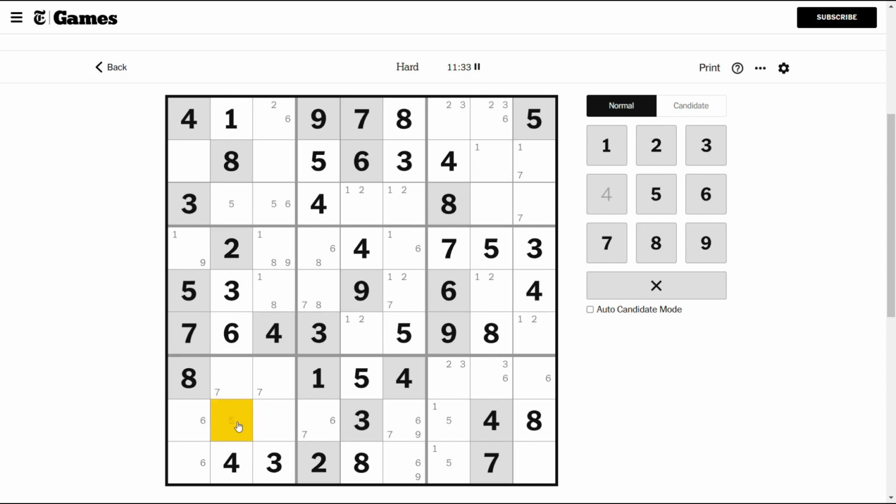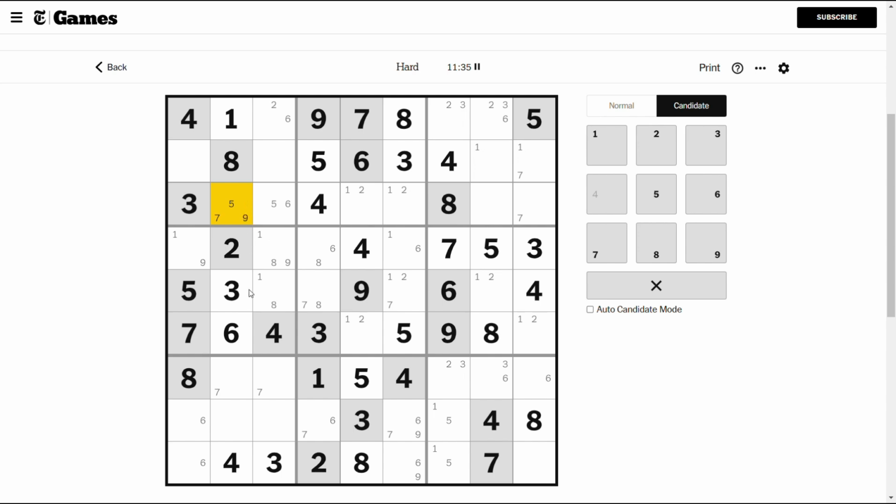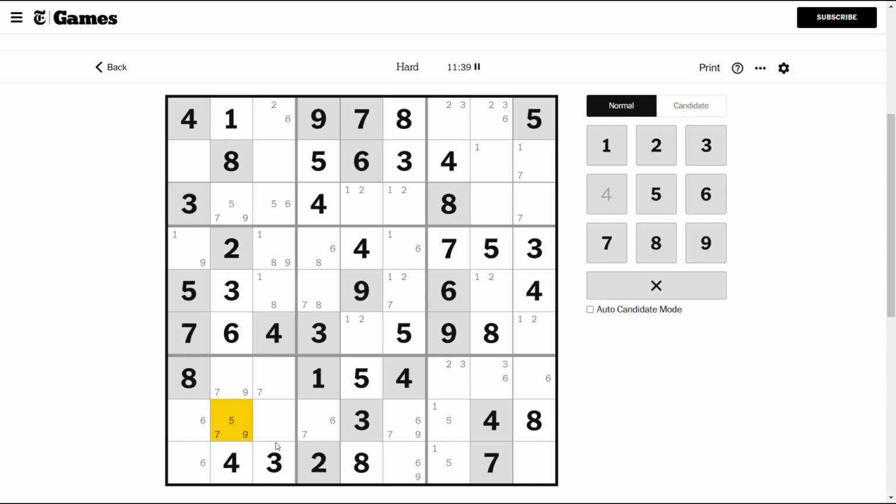Okay, in column 2, the missing digits are 5, 7, and 9. This cell sees 5, so it's 7 or 9. 5, 7, 9. Okay, in row 3, we have a 1-2 pair, which means that the other 4 open cells in this row